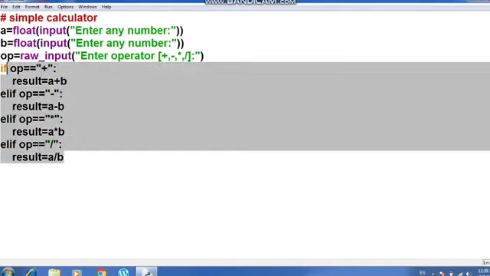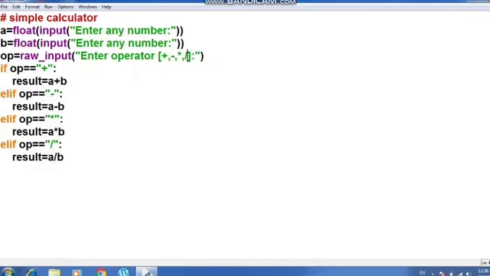is having the else part also, so we have to write the else part as well for this if. The different conditions I have already written. As many operators as you will give the options to the user, you can write the conditions here. Now in the else part, what I am going to do, I'll write here else.